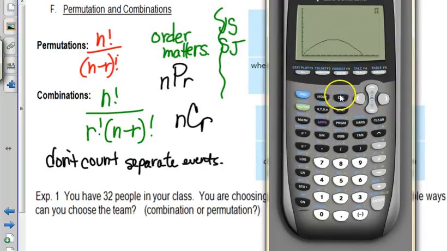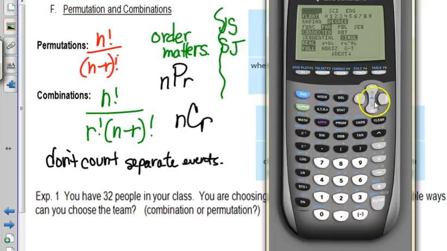On the calculator, it is under the math button. It's faster to arrow to the left, or you can arrow all the way to the right to the probability menu. And it's here, choice 2 or choice 3. Okay, nPr, nCr. Now, you do have to put numbers on the older version, like I have running right now. You'd have to put in like 30 and then go to the button and then put in the other one. I think on the newer version, you just hit it and it brings up little boxes, right? I don't know if I can turn that on here. I thought I could, but